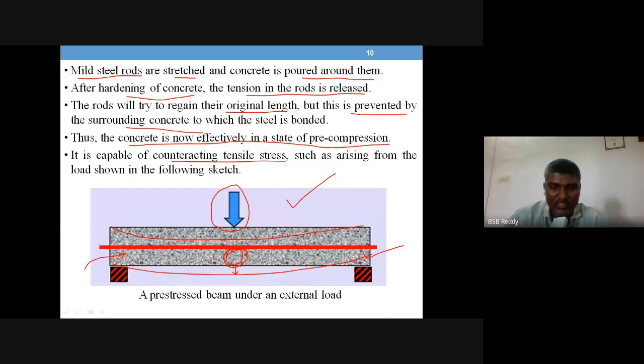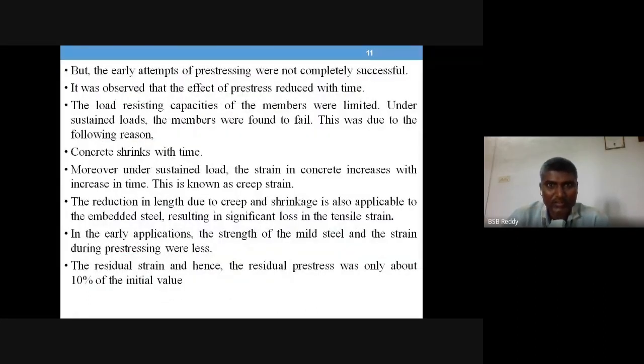So vice versa, the compression required may be calculated based on the application for which the beam is used. Okay, so this is how the early attempt was made, but the early attempts of pre-stressing were not